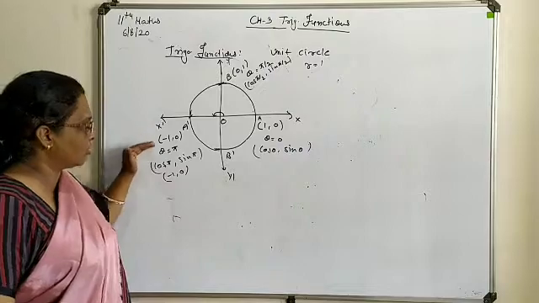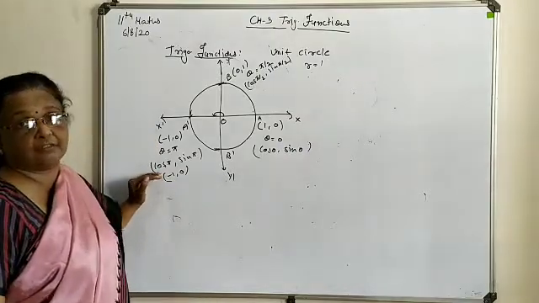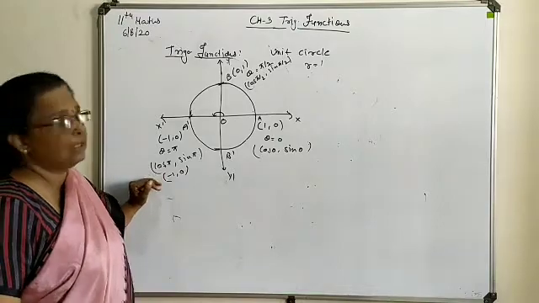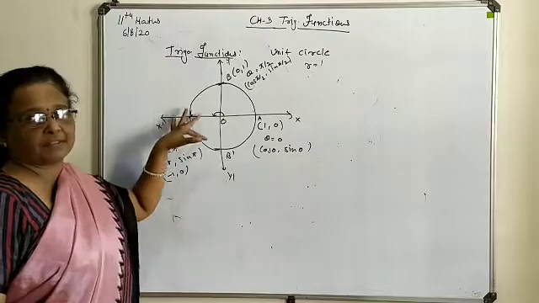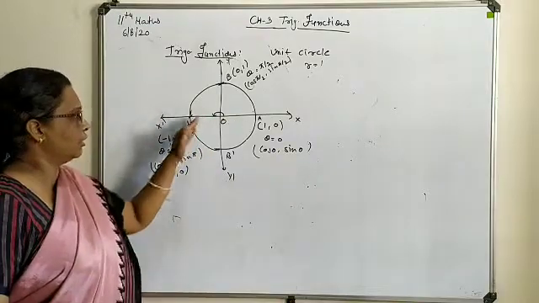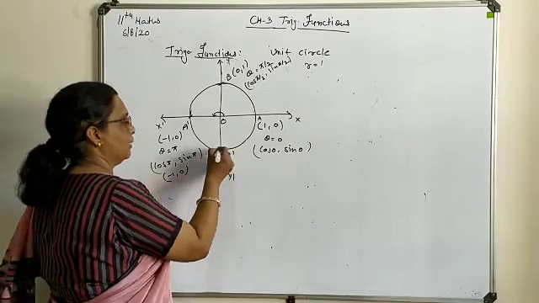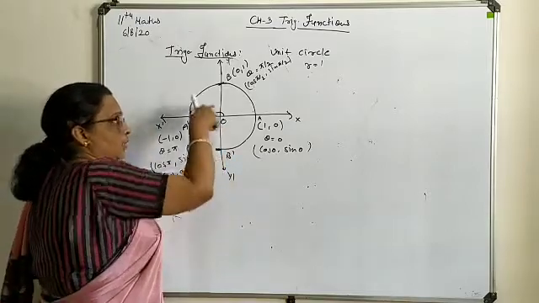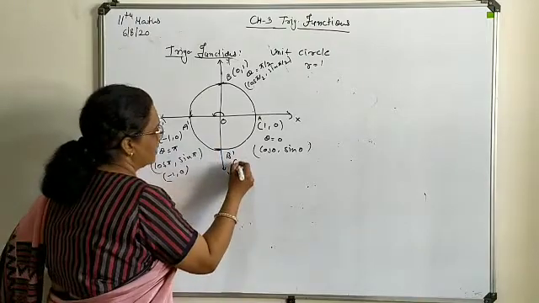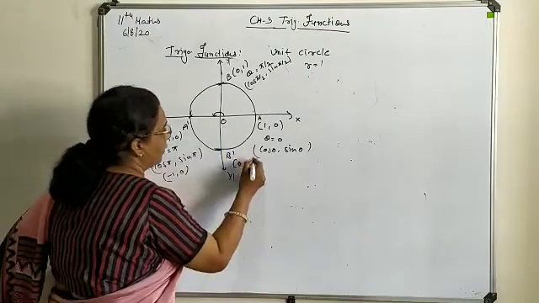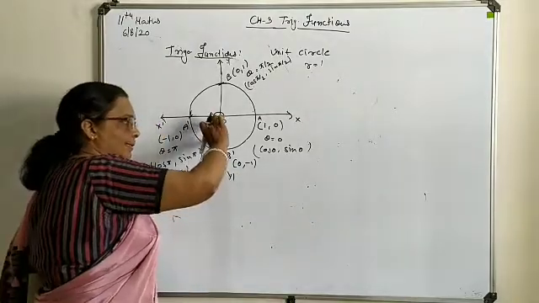So the unit circle also will give you the same answer form, and the point concept we just discussed will also give you the same answer form. So don't be confused, every time this will remain fixed as per the position of the point on the axis. Now the last one, that is the B dash point. B dash point means it is on the opposite side of y, so the x coordinate will be 0, whereas your y coordinate will be minus 1. Everywhere you will have this length as 1.